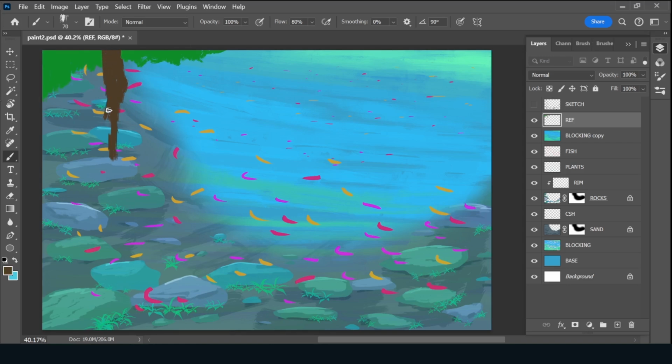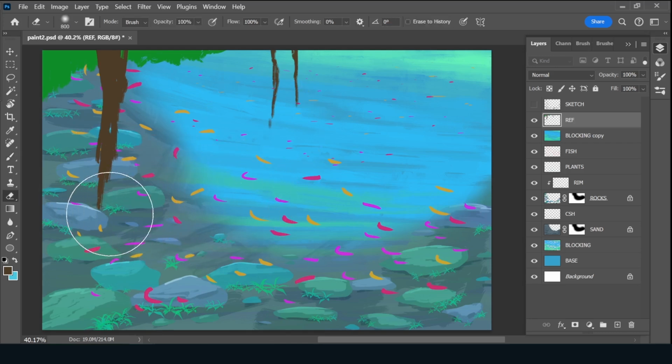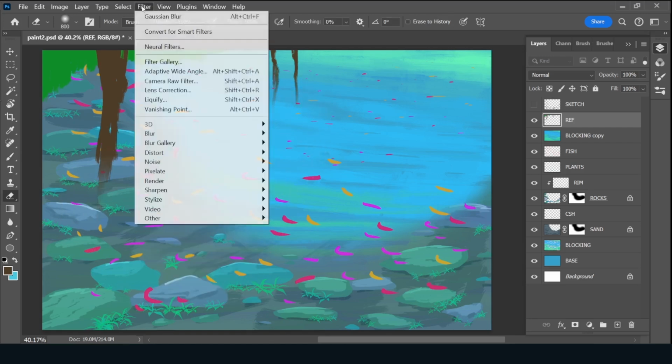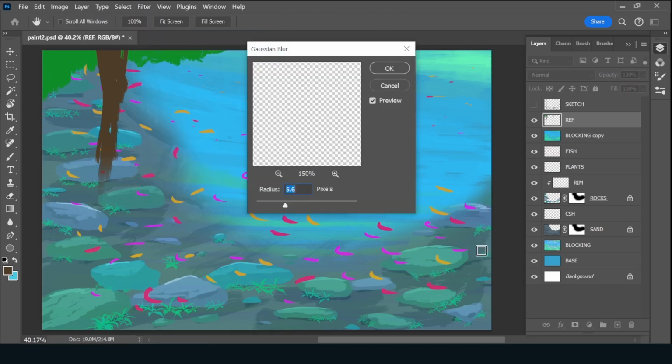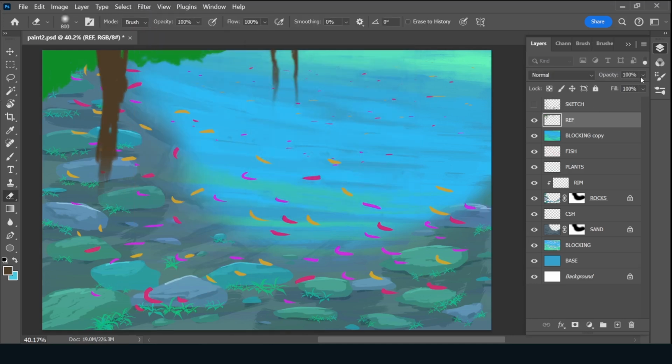Let's make the tree a bit bigger. Maybe we'll have a tree here. And then we'll take our eraser, that is a soft round, and just softly erase the ends. And then we'll go to filter, blur, Gaussian blur, blur it a bit, tone it down,